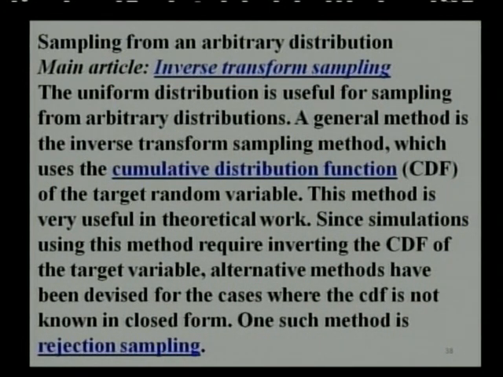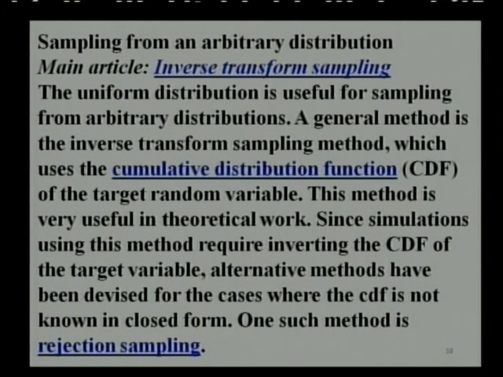This method is very useful in theoretical work. Since simulations using this method require inverting the cumulative distribution function, alternative methods have been devised for cases where the cumulative distribution function is not known in closed form, and one such method